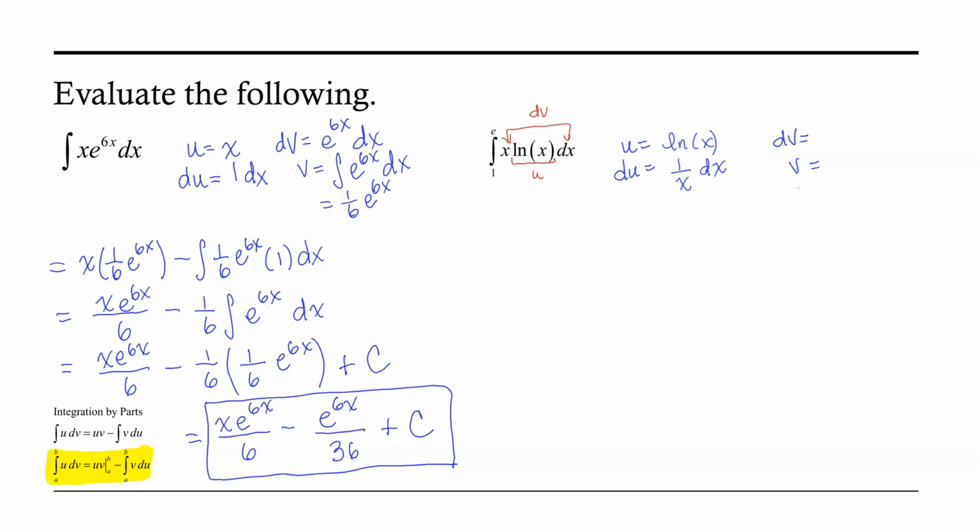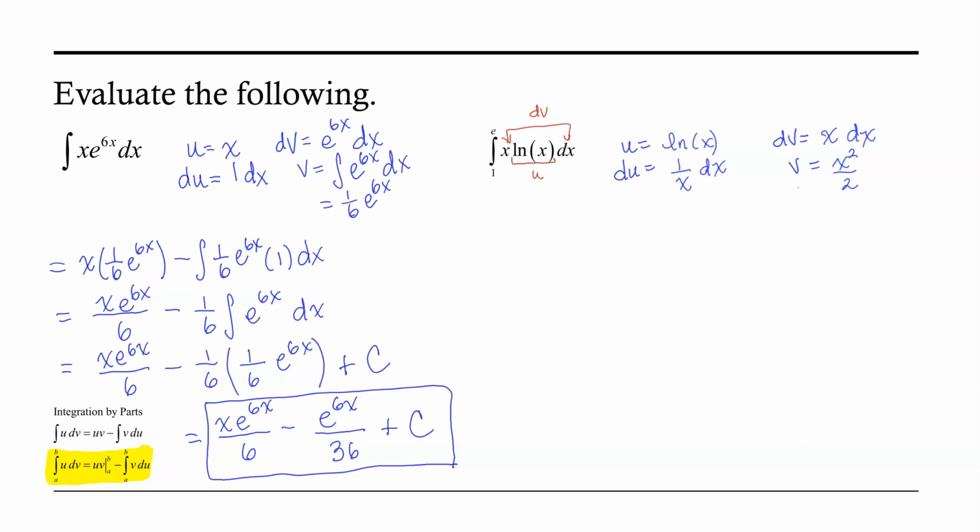And dv we said would be x dx, so v would be the antiderivative of x, which is not too difficult. It's x squared over 2. So at least finding the u and the du and the v for the integration by parts process is much simpler with that pairing. So let's go ahead and continue on and hope that that actually works out to be